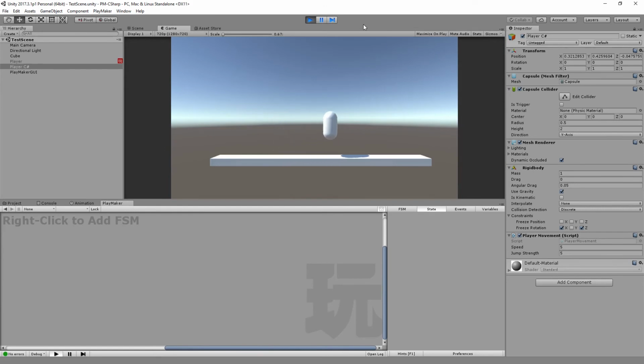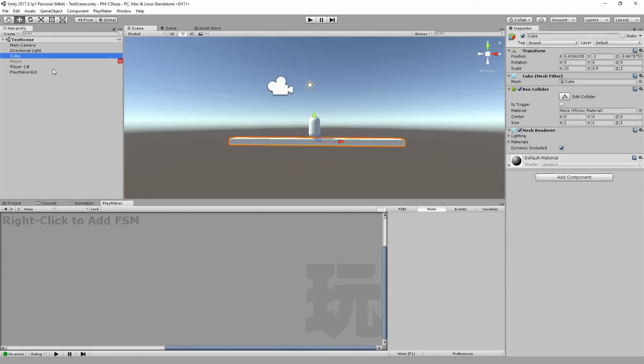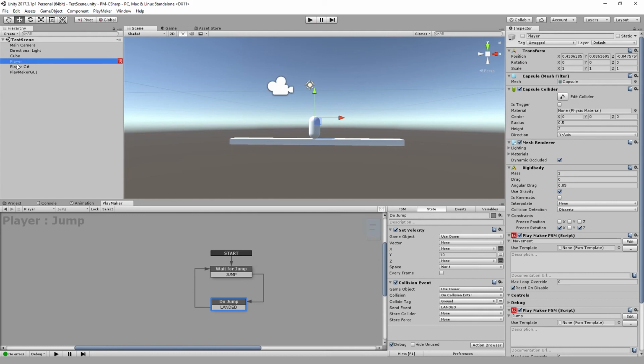Okay, there you go. As you can see here, the player can jump and then can land. But there is a problem, because whenever the player is jumping, we can jump endlessly. In order to fix this, we need to check for collision. And as you can see here, for the cube, I've already set a tag ground, because before in our Playmaker